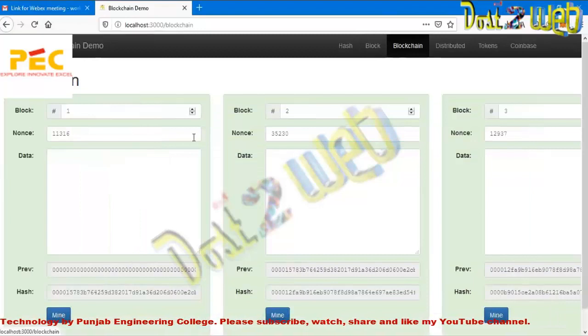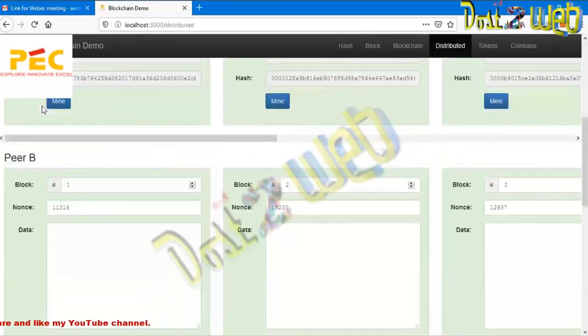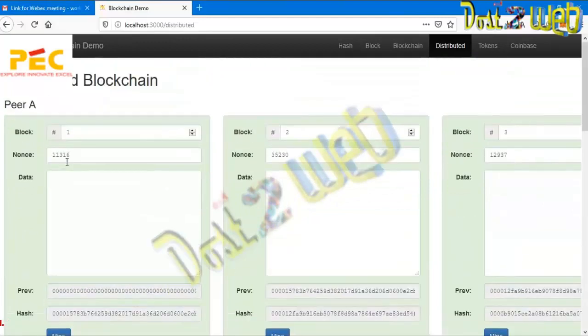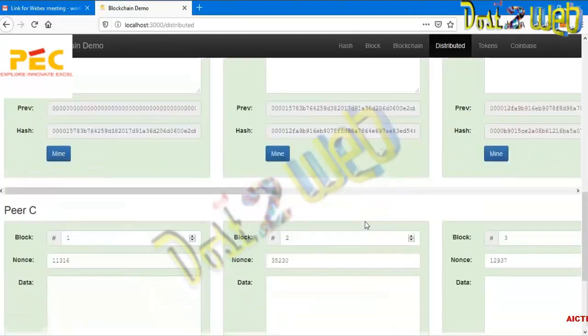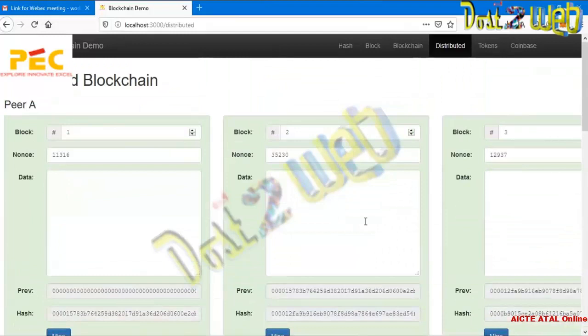Now, the other common doubt that appears is where the blockchain is actually saved. This is a small blockchain system consisting of 3 members: peer A, peer B, and peer C. All the peers have the same copy of the blockchain. As soon as new blocks are added, it is their responsibility to get their copies updated along with the others also.